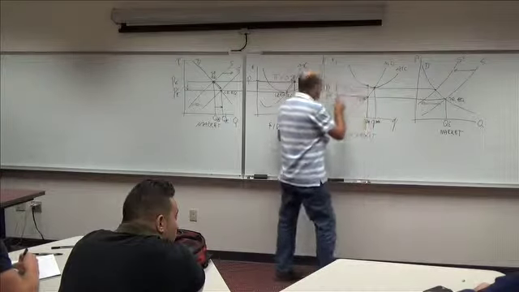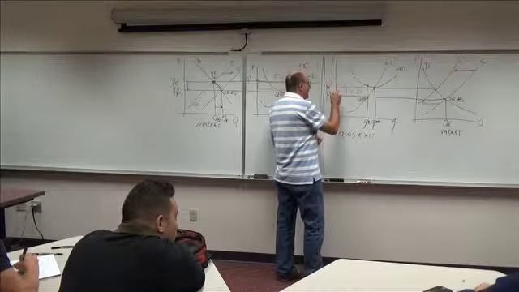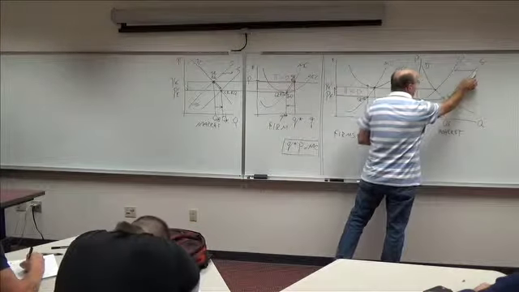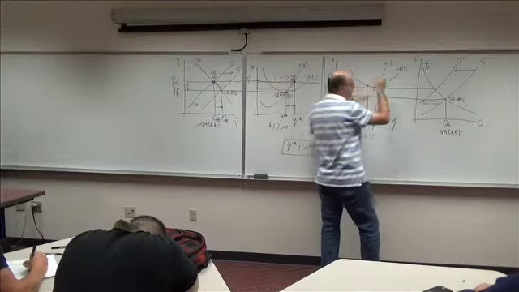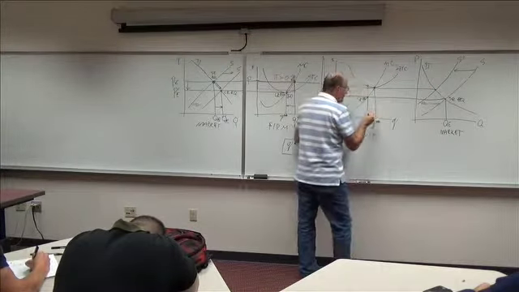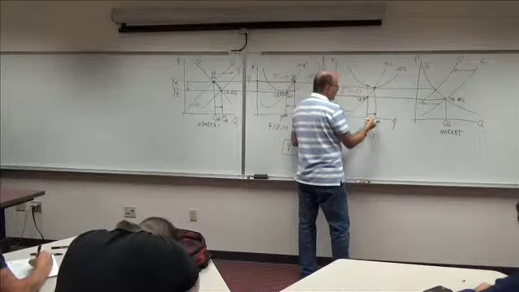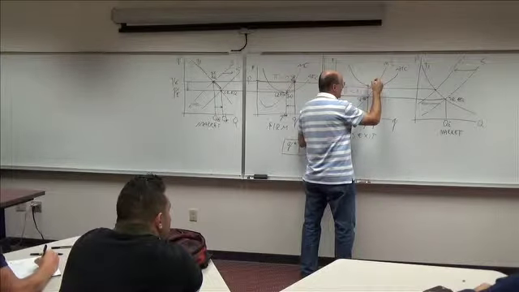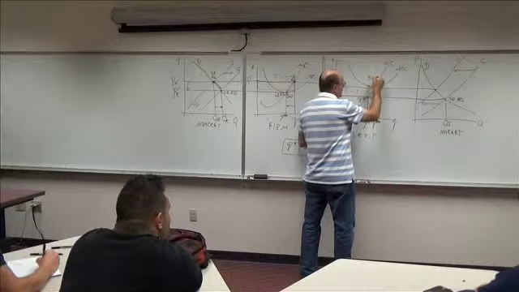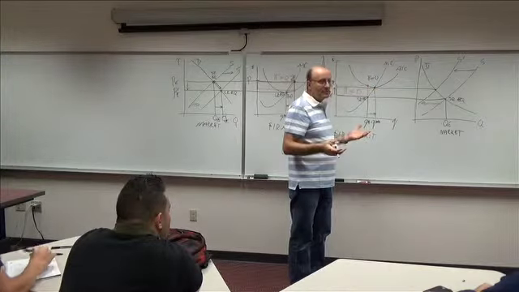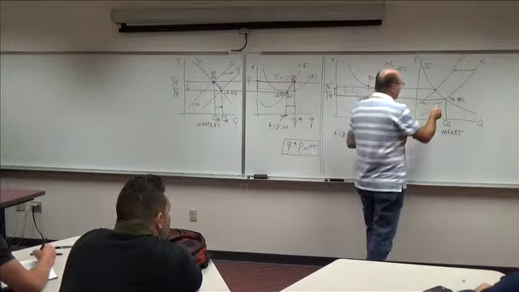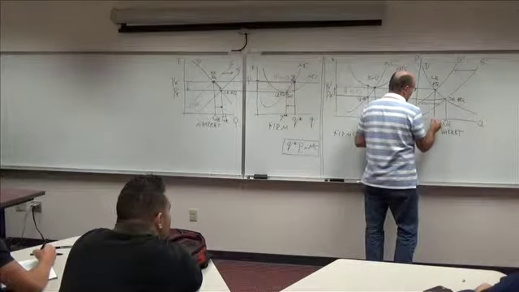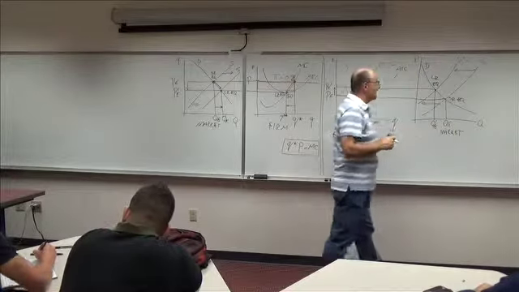So once the price rises from PE to PE prime, supply shifts from S to S prime, price rises from PE to PE prime, the firm increases output from Q star to Q star star and ends up making zero economic profit, right? Of course, once the firm is making zero economic profit, the industry is in the long run equilibrium. That makes sense?